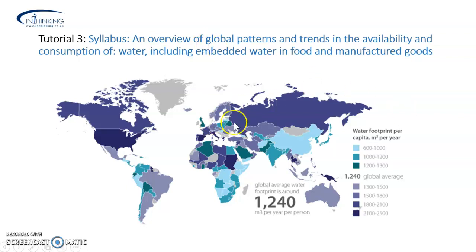Again, we see this north-south divide, so the northern hemisphere, western developed countries, Eurasia, all consuming vast quantities of water per capita. And then we see in the south lower levels of consumption, mainly here in central, eastern and southern regions of Africa, where we have low levels of water consumption. And this is, of course, linked to the types of industries which we see in these countries, the importance of agriculture, the availability of water in those countries, the level of consumption in those countries in terms of also embedded